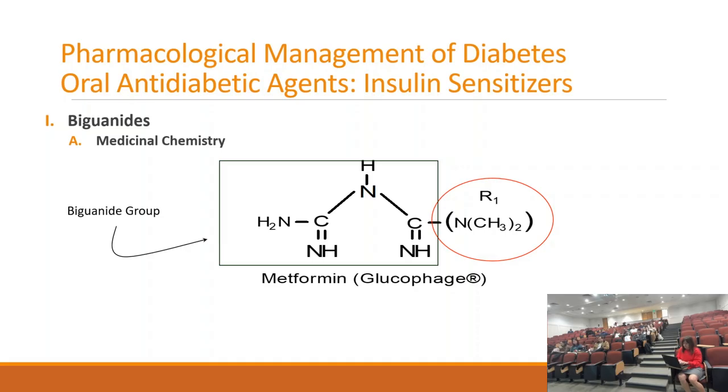You also see over here there is a lipophilic tail at the R1 position that is important for a side effect associated with metformin that we're going to talk about in a few minutes. So again, no real structure-activity relationships here for you to know, except for understanding how the R group here